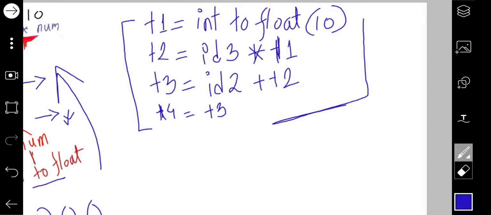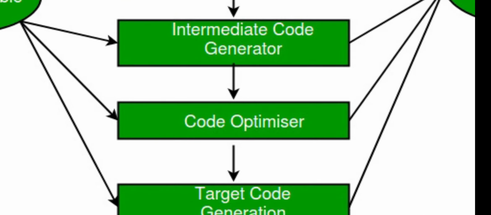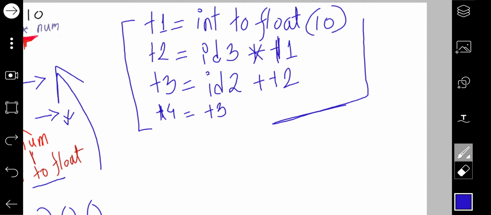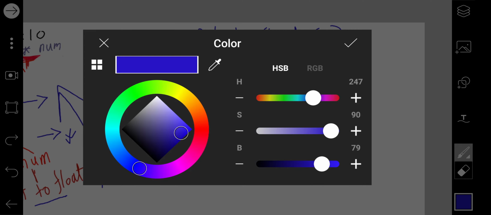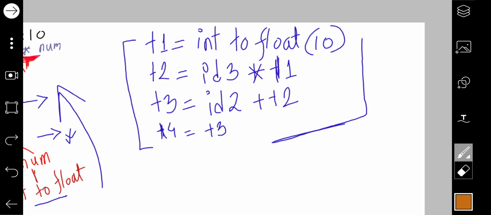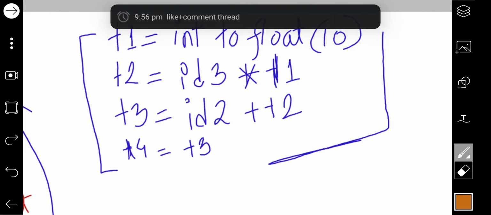Now once the intermediate code is generated, the code will be optimized. After going through the code optimizer, in this case you have actually 4 lines of intermediate code, but you now have to optimize and minimize the code as much as possible. These 2 lines of code can be minimized. How can I do that?